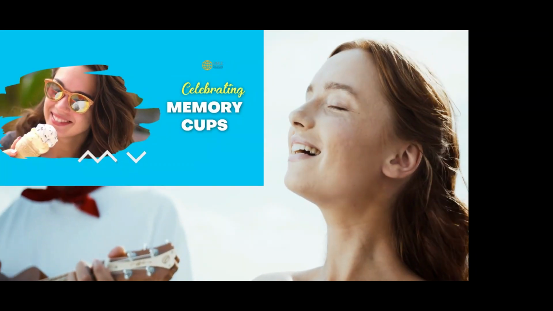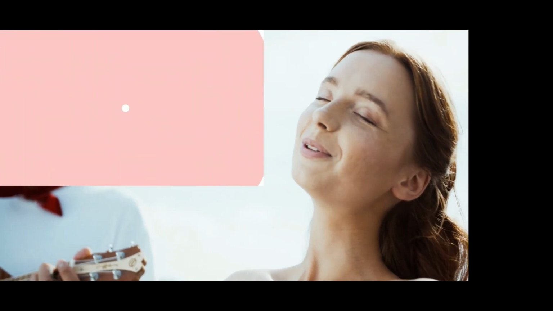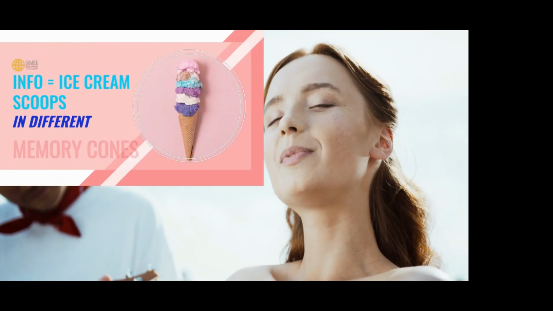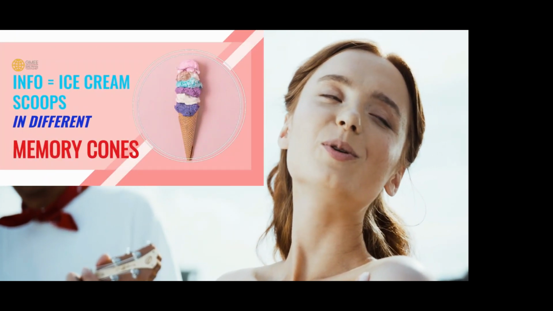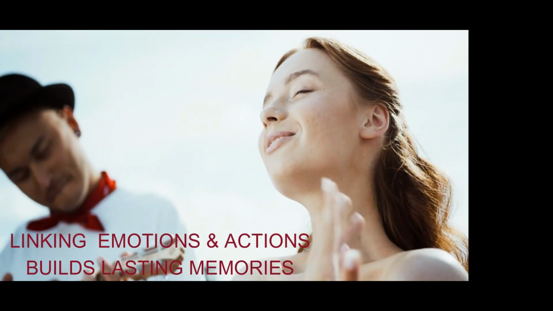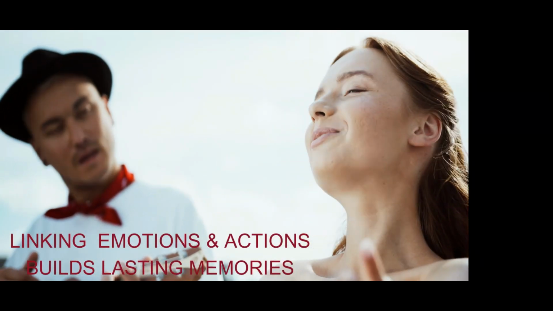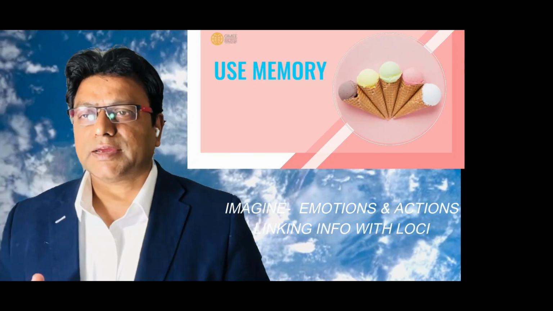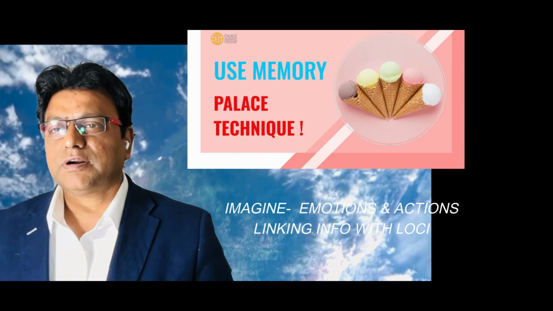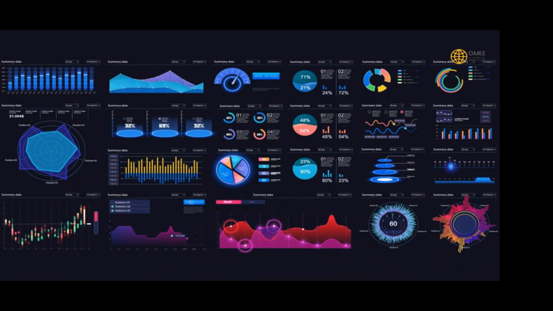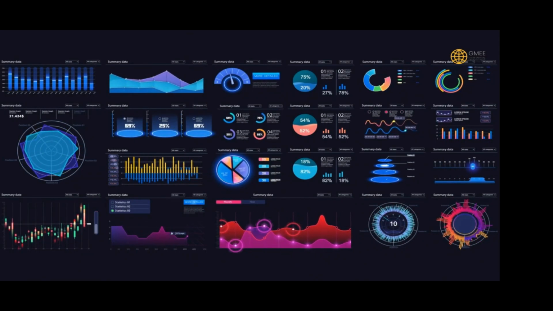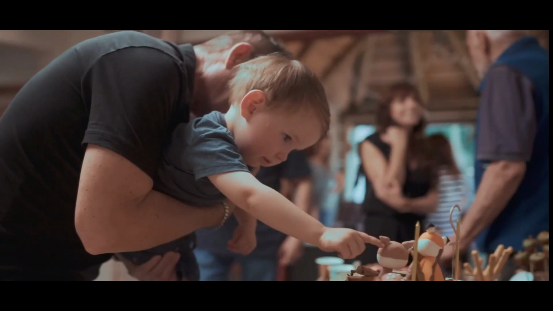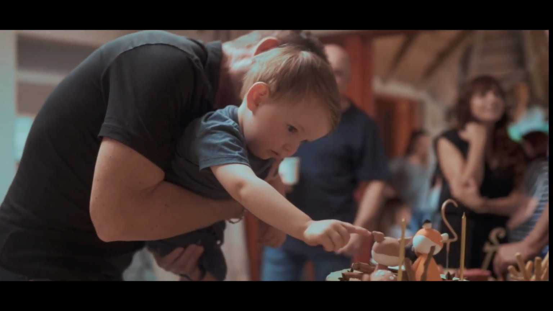So after putting actions and emotions to the various links, that information goes in its memory cup, its locus. So when we put actions and emotions to link the information we want to learn into these memory cups in different locations or loci, with a little practice, we can discover that we can comfortably recall very complex or boring information. And the icing on the cake is when we can recollect the beautiful memories of events in our lives,